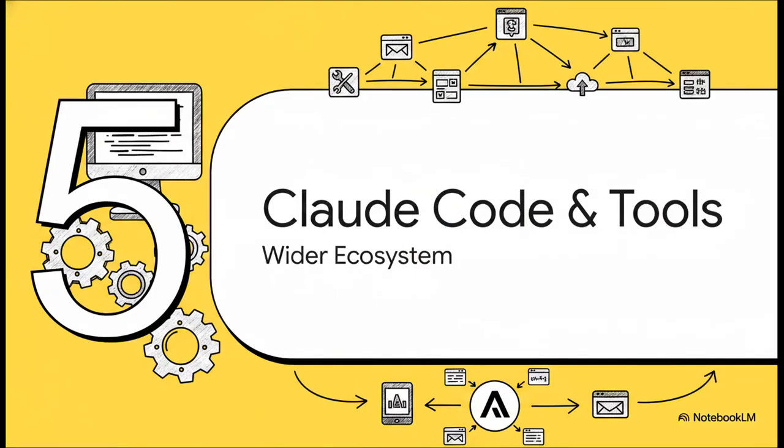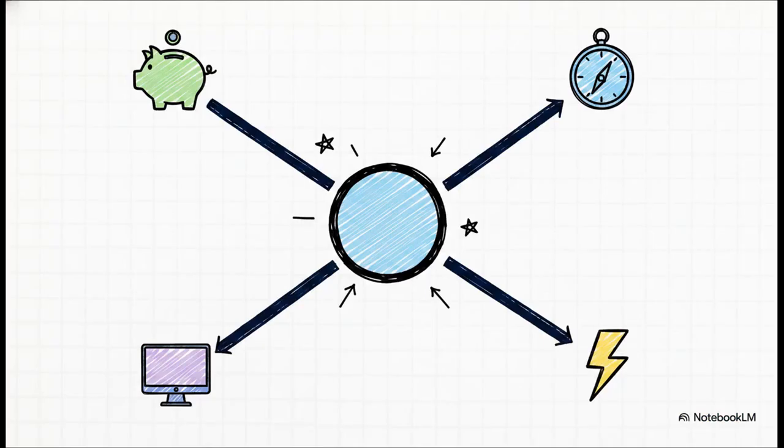Section 5, Claude Code and Tools. Wider ecosystem. Let's broaden our scope for a minute and look at how Opus 4.8 integrates with the wider Anthropic tool ecosystem. Opus 4.8 officially expands its support to encompass several really powerful tools. This generation now fully supports task budgets, the super useful advisor tool, and computer use. Plus, fast mode for Opus 4.8 is actually available now, though currently it's just sitting as a research preview exclusively